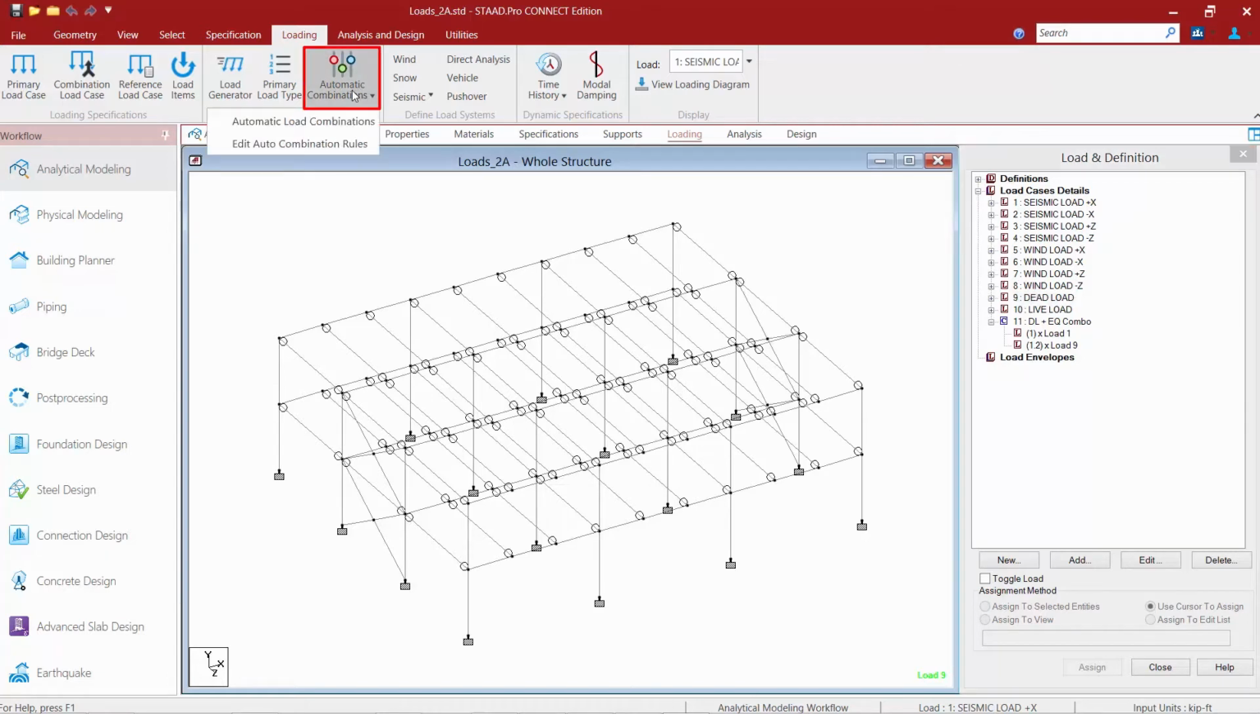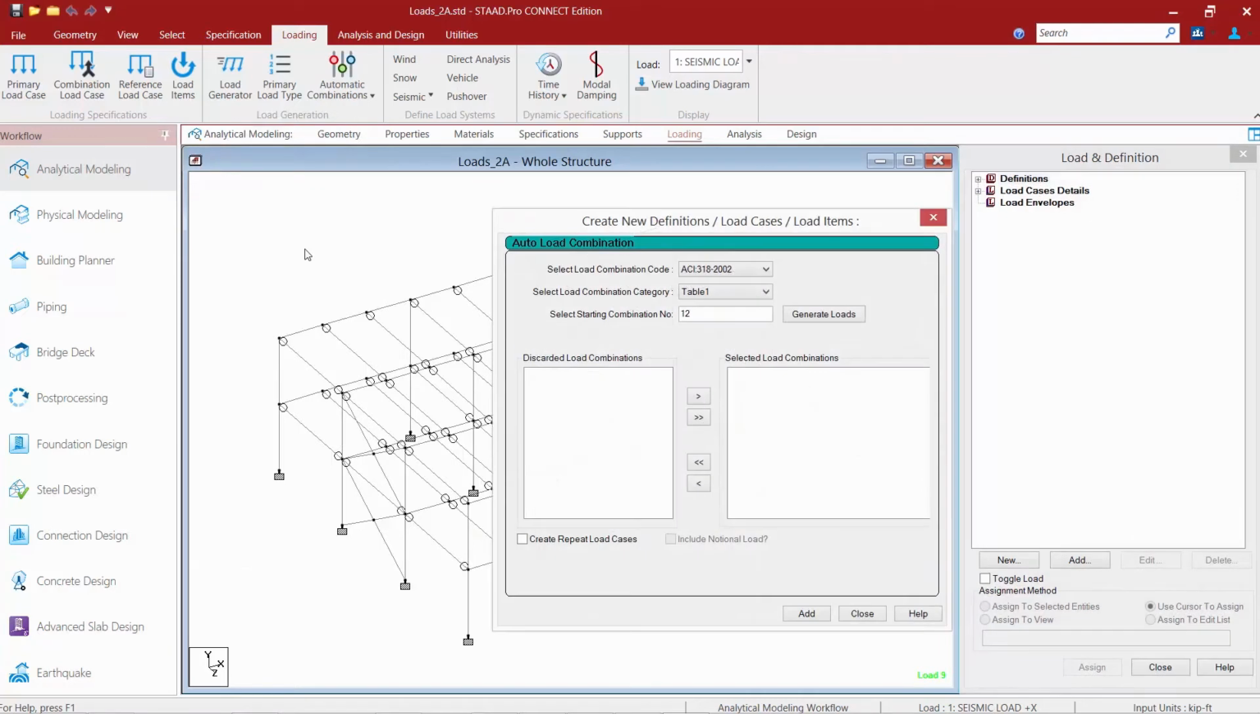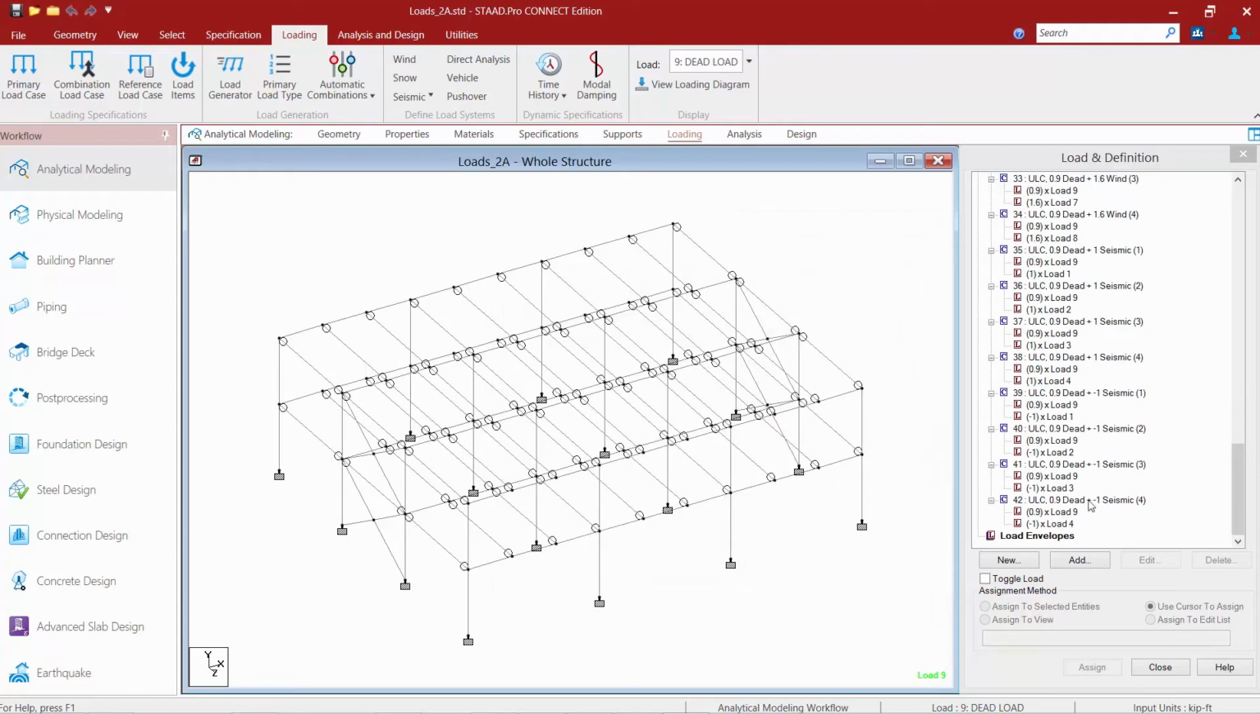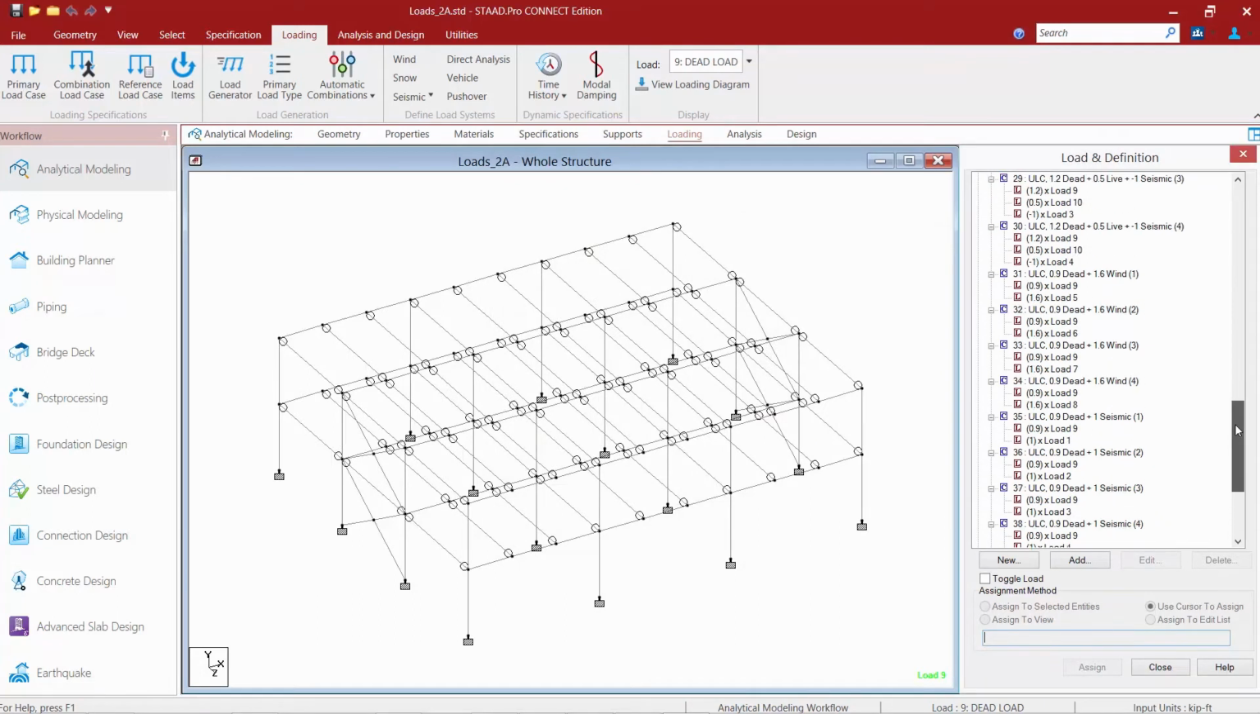So if I wanted to ask the program to generate load combinations for me, I'm going to come up here and select Automatic Combinations, and then we'll go to Automatic Load Combinations. Now for this model, let's say I'm doing a steel model, so I'll go to the AISC 360. I'll use the Public Combination Generator, and then I'm going to ask the program to generate my load combinations for me. It's as simple as that. We're just going to go ahead and click the Add button and then click Close, and I can see all of my load combinations have been